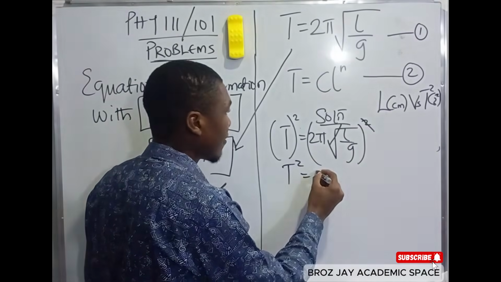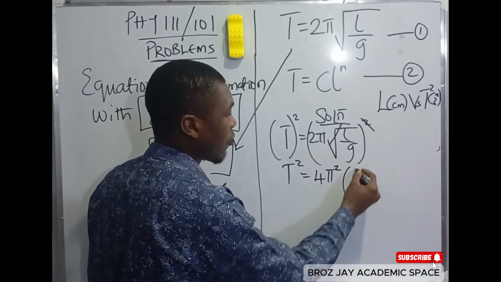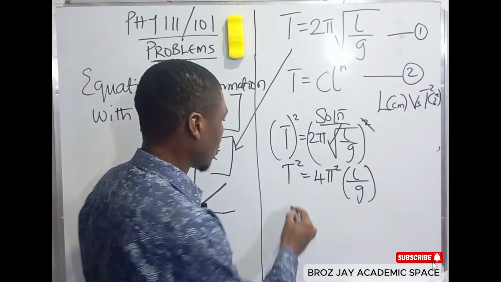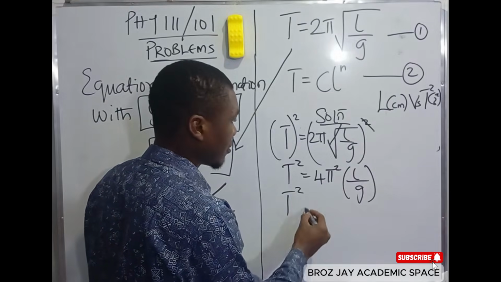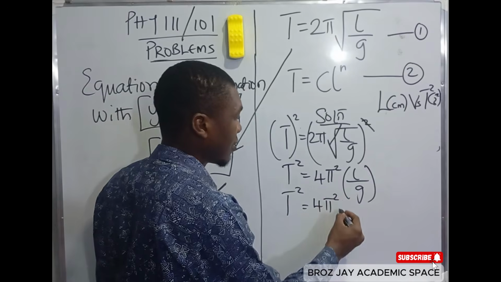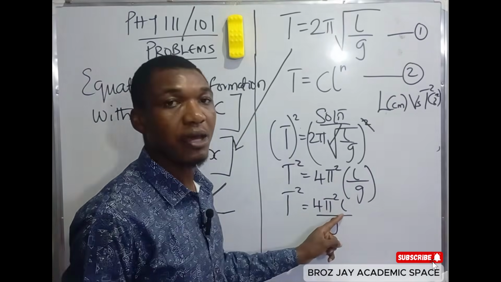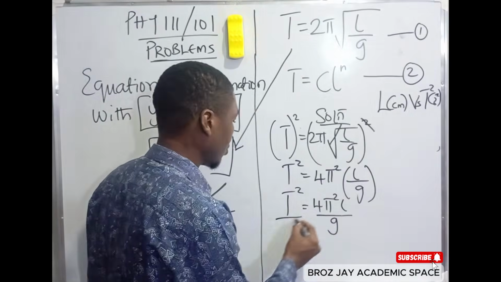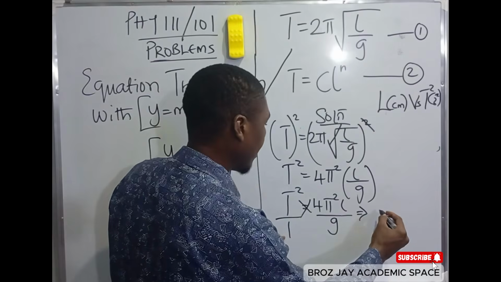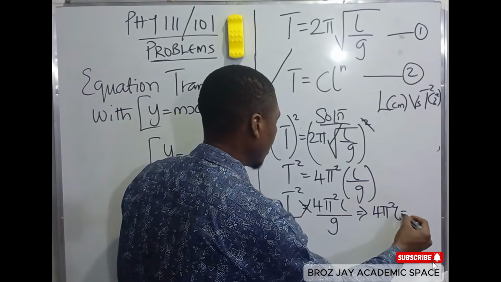So we have 4 pi squared, bracket open, L all over g. So my T squared is equal to 4 pi squared, L all over g. Remember, we are making L the subject of the formula. So we cross multiply. If we cross multiply, we'll have 4 pi squared L is equal to